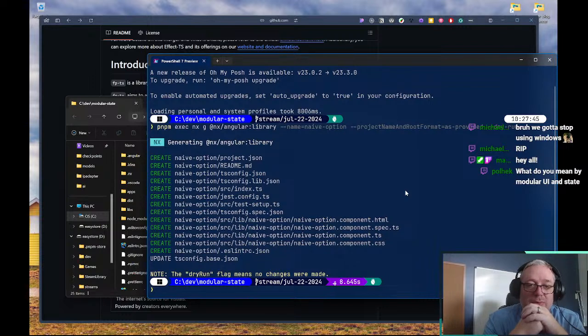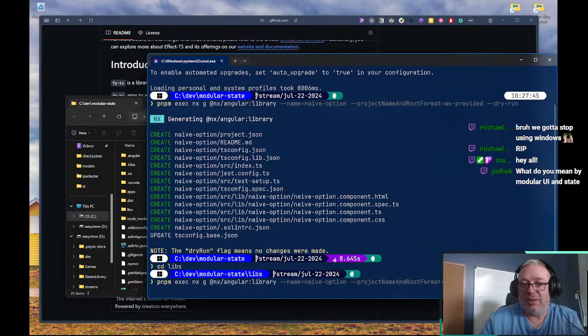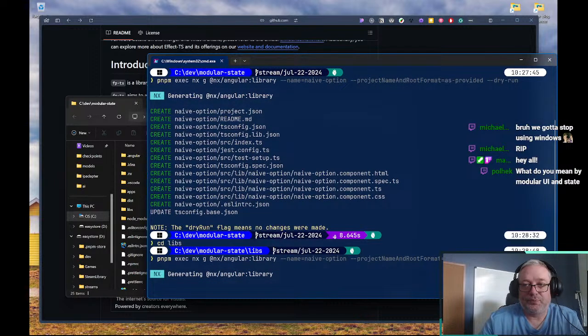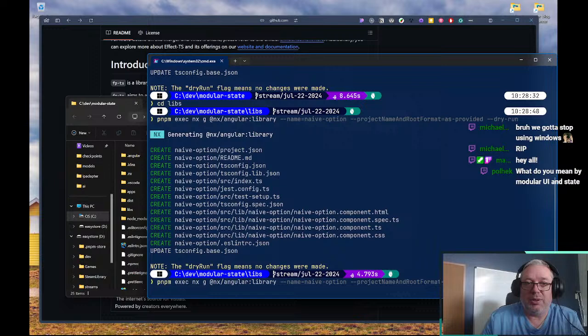And there we go. So we definitely don't want to do this here. We want to go into the libs directory, and then we'll run that dry run again. I'm really not sure what causes the whole issue. So there we go. I think this will do what we want it to do. And then once this is done,